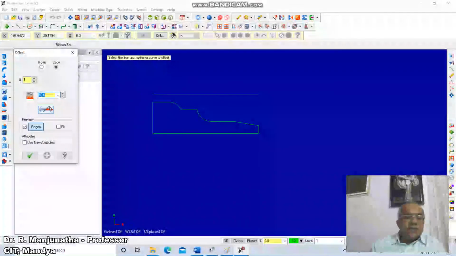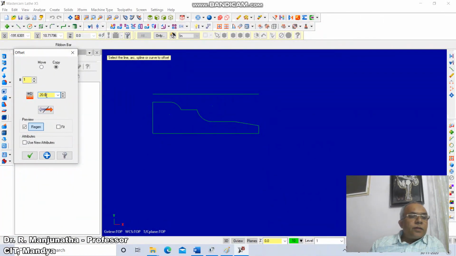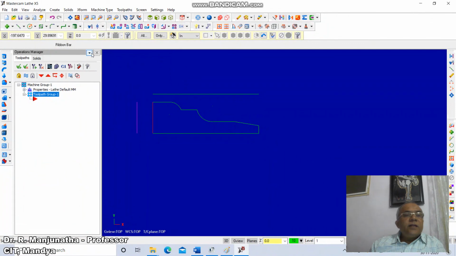So go to offset, take the distance as 20 mm, from here you offset, accept, then extend this line till here and extend this line till here.